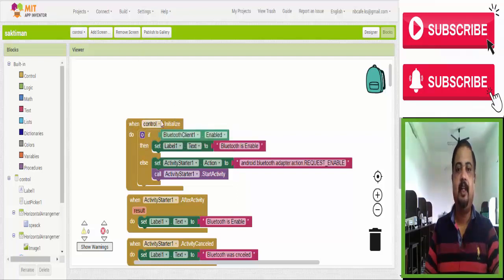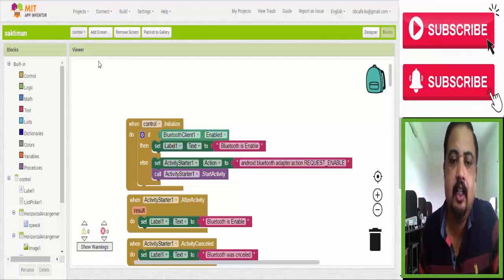When this page is initialized, I intentionally did a query: is Bluetooth client enabled or not? That means whether your phone's Bluetooth is enabled or not. Some condition I set. If it is enabled, then set Label1 text to Bluetooth is enabled.